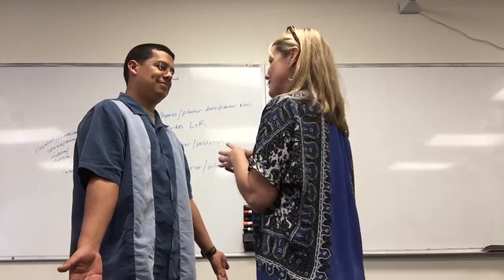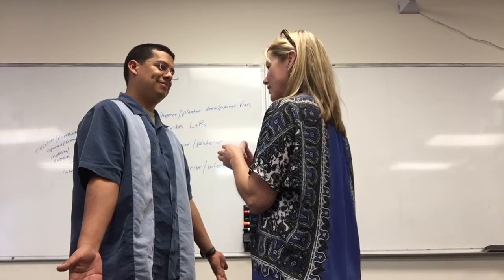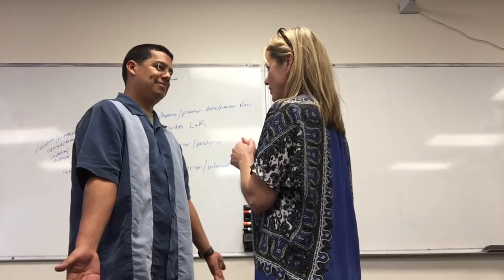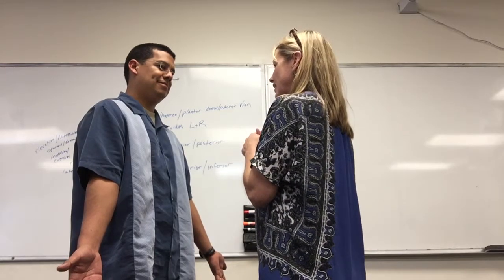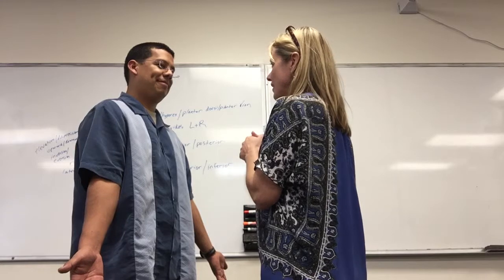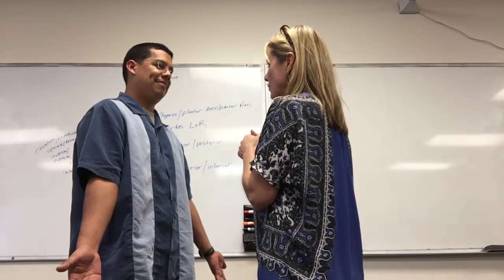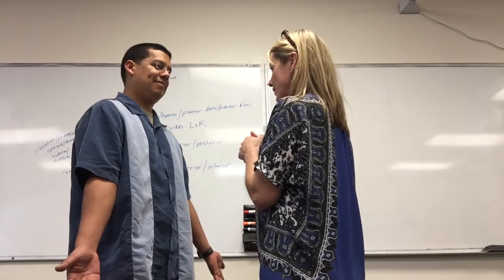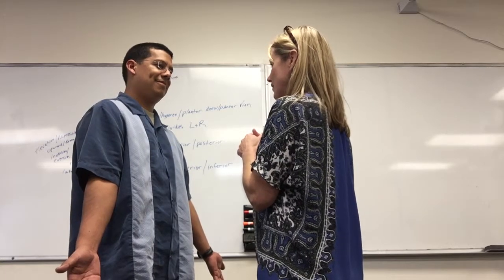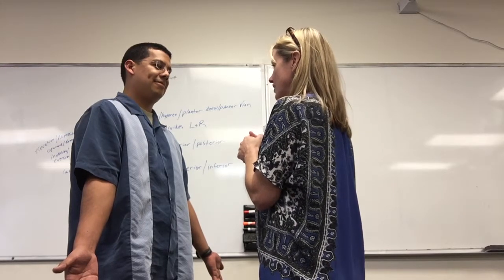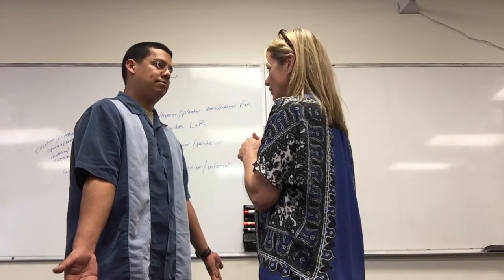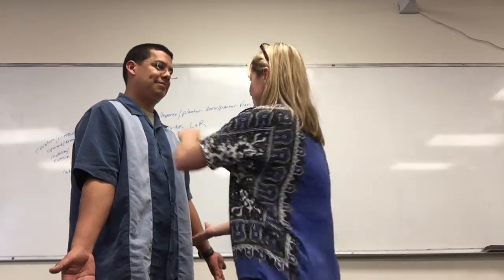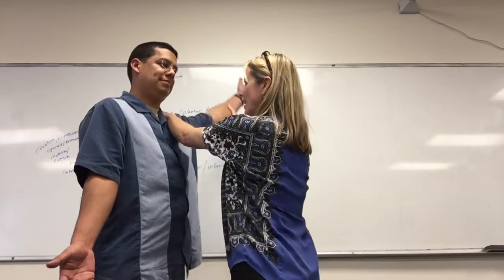The next cardinal plane of movement that we're going to talk about is the frontal or the coronal plane. This divides the body into anterior and posterior portions. The movements that are involved in the frontal plane include elevation and depression of your scapula, upward and downward rotation of your scapula, inversion and eversion of your foot, abduction and adduction of your shoulder, radial and ulnar deviation, and lateral flexion of your trunk. I'm going to take your shoulder through a movement in the frontal plane. Adduction,